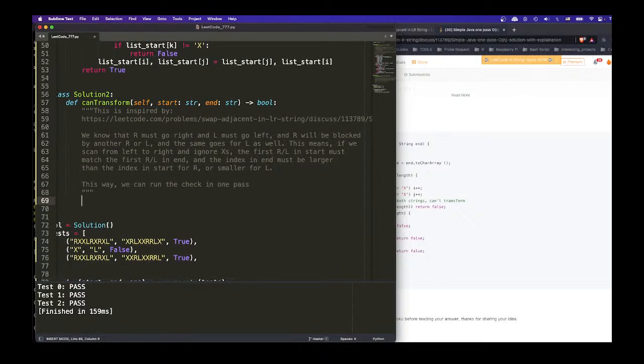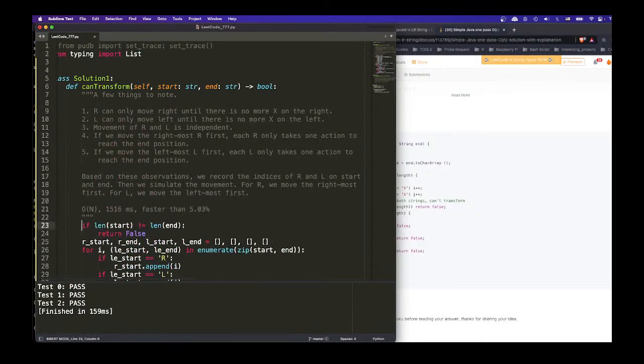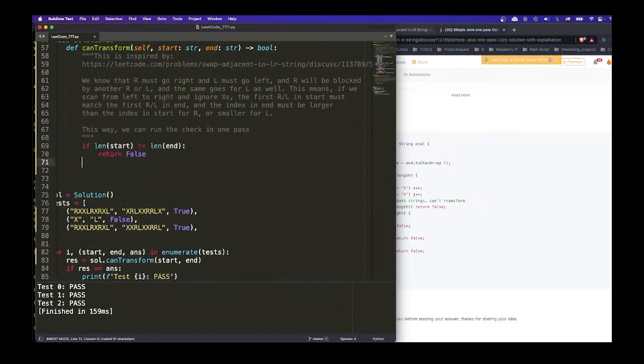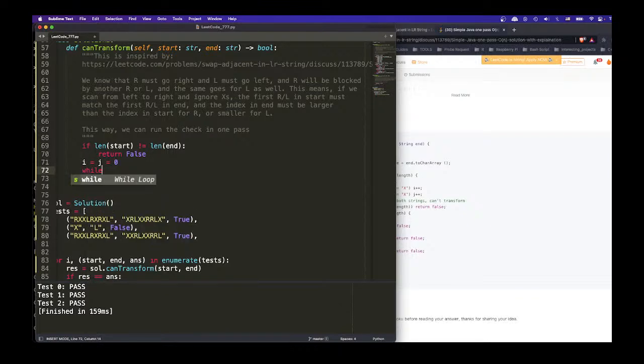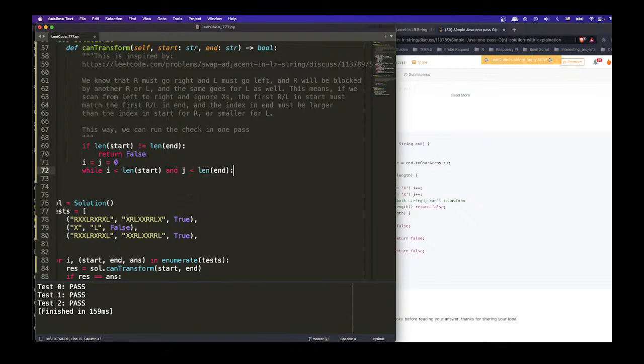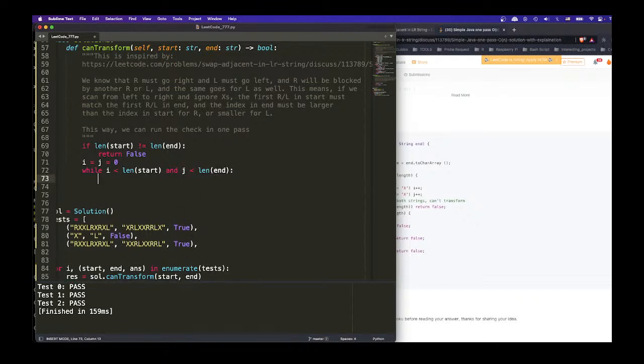Okay, so this one definitely. All right, and then I equals j equals 0, while i is smaller than len start, and j is smaller than len end. Okay, and then we say